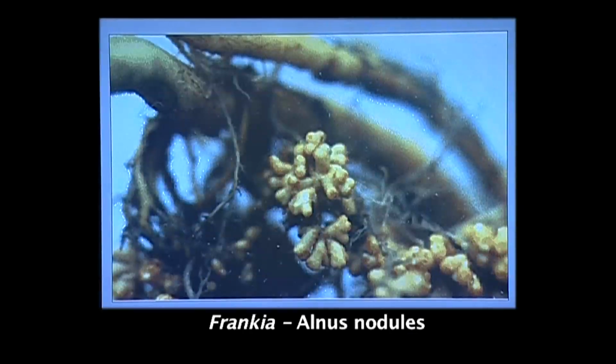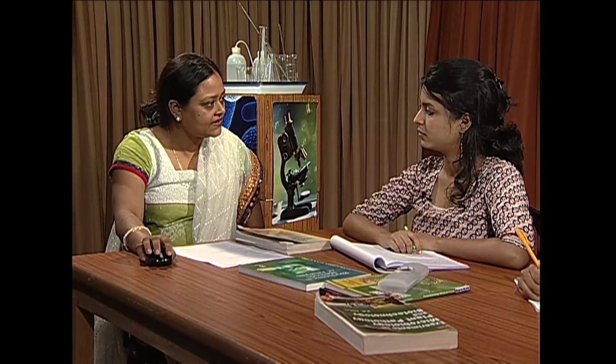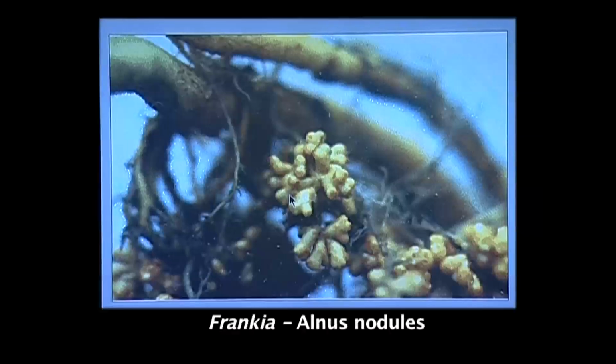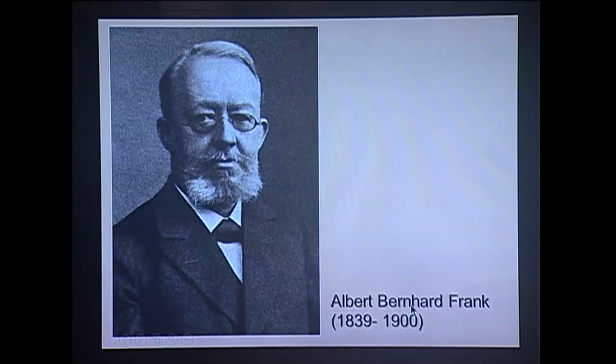Frankia are actinomycetes. They are slightly different from typical bacteria. They produce mycelial-like structures and they differ in their colony morphology as well as microscopic view from ordinary bacteria. Here you can see a symbiotic association of Frankia with Alnus producing root nodules. It was Albert Bernhard Frank who in the 1800s discovered the Frankia species, and the genus Frankia is named